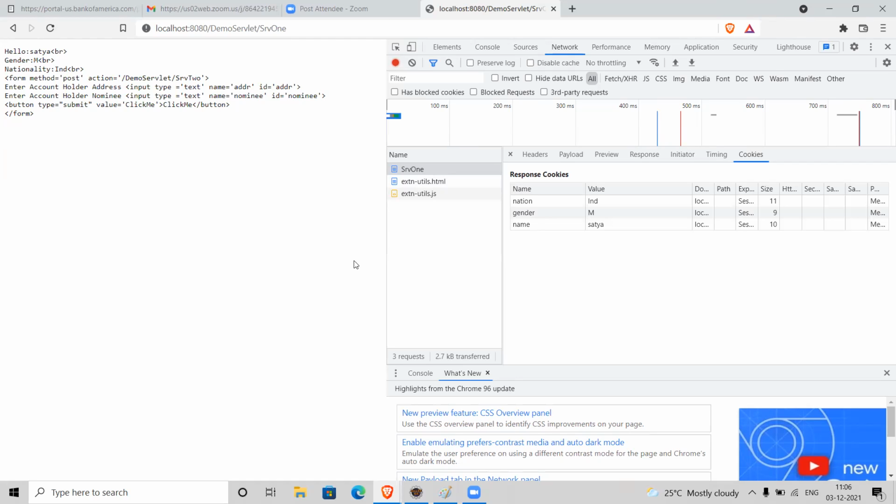Using cookies, if we transmit the data, we are losing some data, so we can't make our application a reliable application. If there is data loss, would it be a reliable application? No, right?